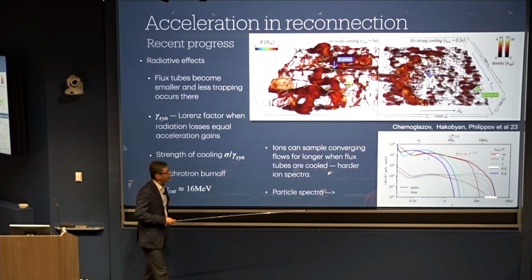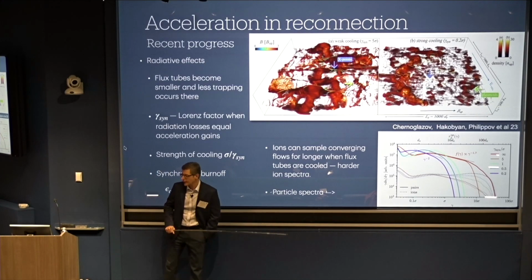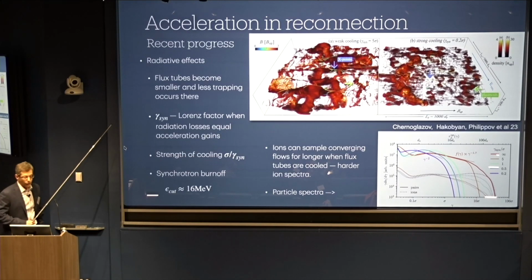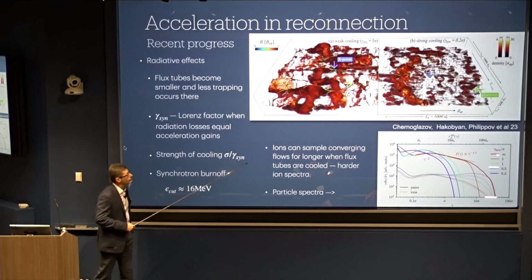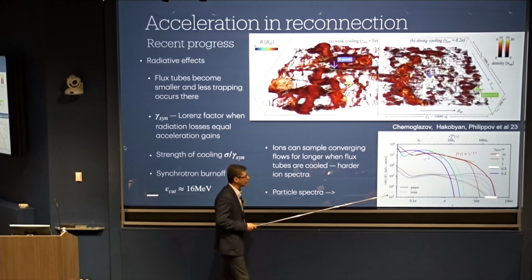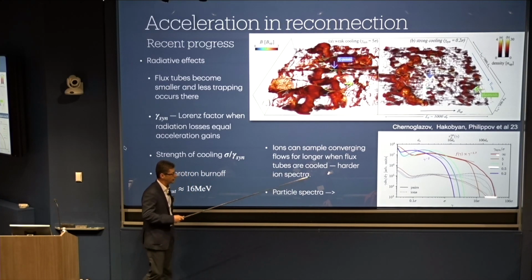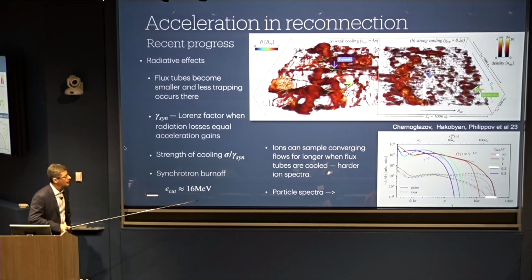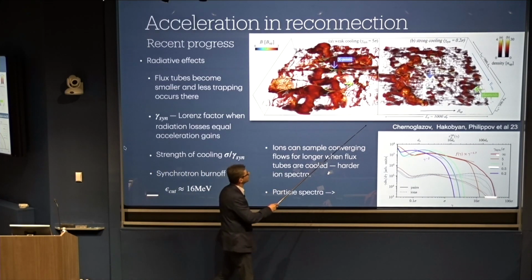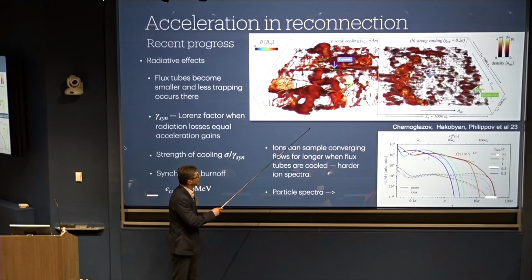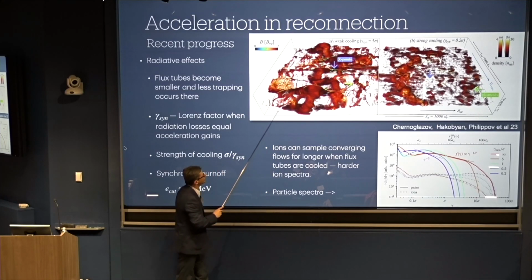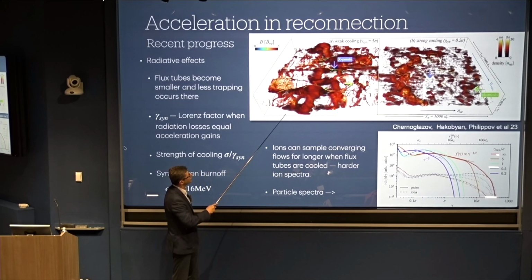When you go into 3 dimensions and add cooling, another effect happens. Cooling seems to allow you to enhance acceleration, at least for the species that are not cooling, for example, the ions. If you have an electron-positron-ion simulation, like it was done in this work by Sasha Chernoglazov, Haik, and Sasha Filipov. So you have the uncooled simulation and the cooled simulation. And in this case, the magnetic field goes along this direction.